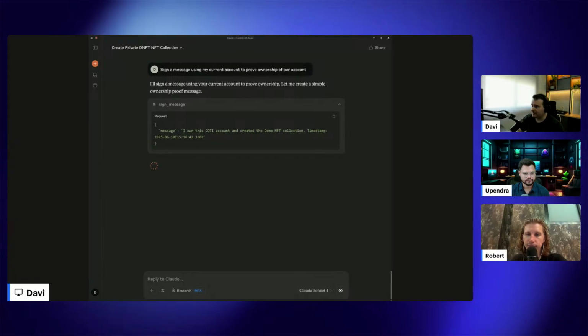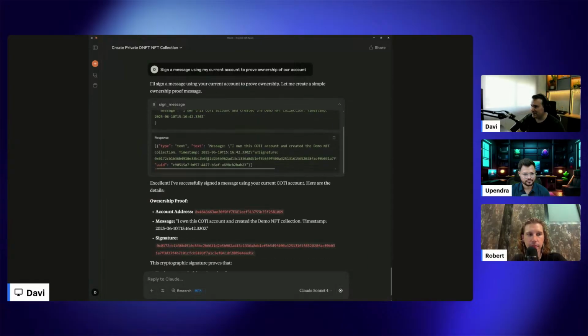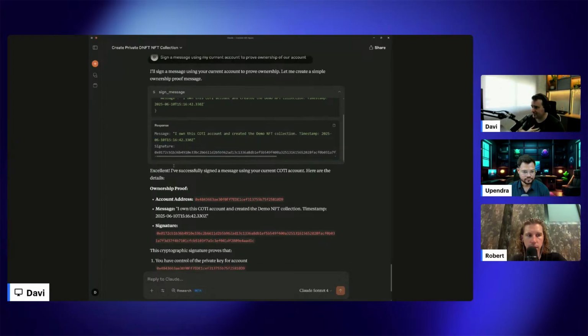So I own this COTI account and created the demo NFT collection, and a timestamp. So let's see. This is the first time I'm testing that. Okay, it's working. Yeah, great, because here you can see the signature. So my account signed this message and it resulted in a signature.